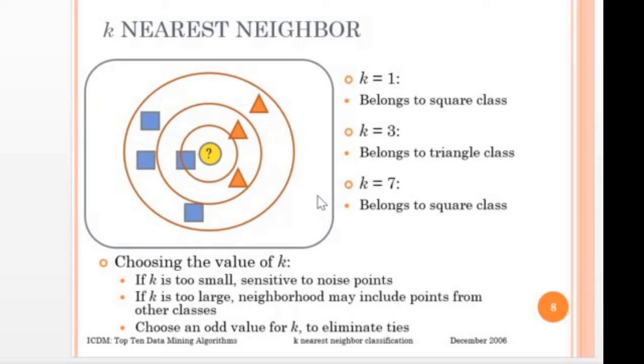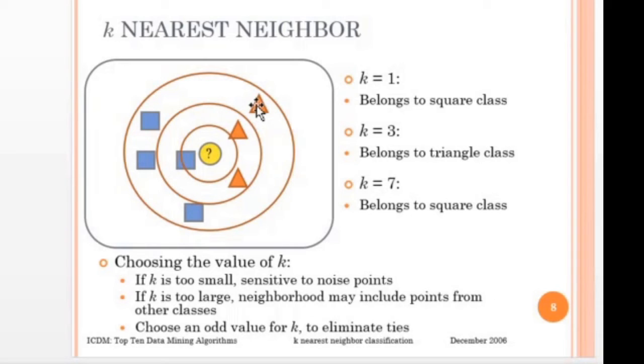No, this is not clustering. This is supervised learning because you know the class label of these examples, which you are using to decide the class of the unknown example. Are you getting my point? This is an example of supervised learning because you are using examples which are already labeled. This is the definition of supervised learning. So this is actually a supervised classification.